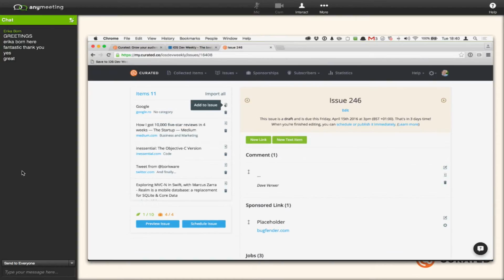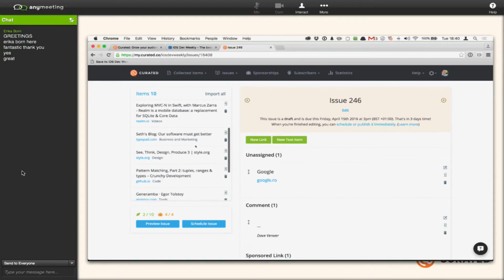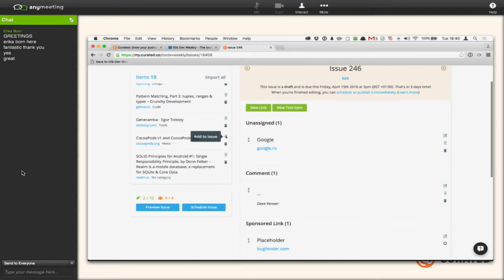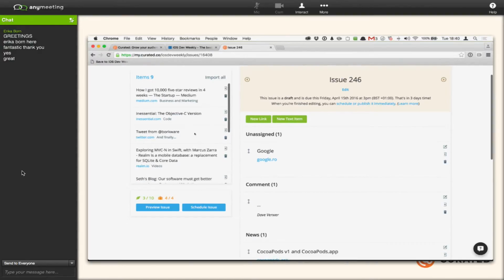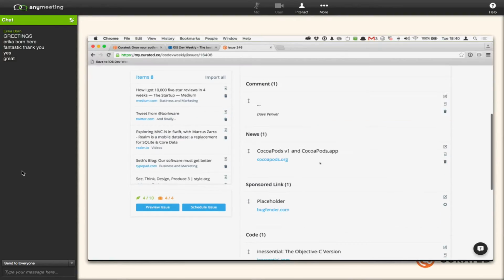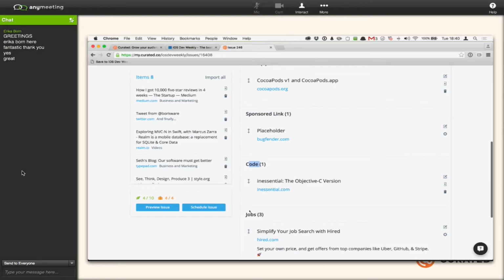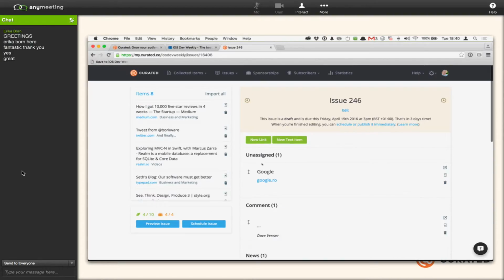So let's take that Google link, and let's just bring that one link across. So there it is. Let's also bring a couple of other ones in there. We've got anything in news, there's news. Let's bring something from code across, something like that. Okay. And what you can see is that as we're doing this, it's starting to build up this categorized list of links. There's our Google link right at the top, which currently